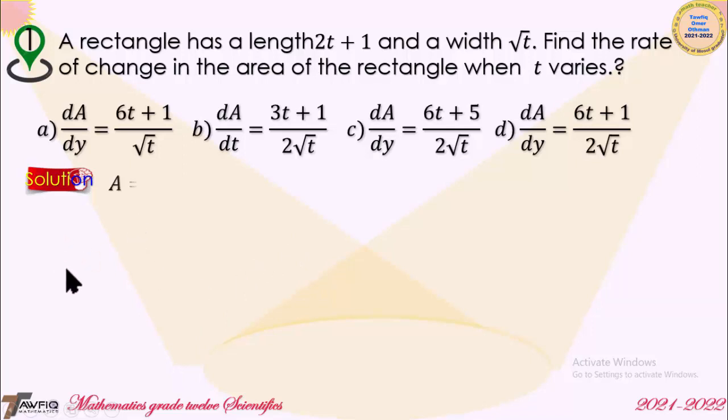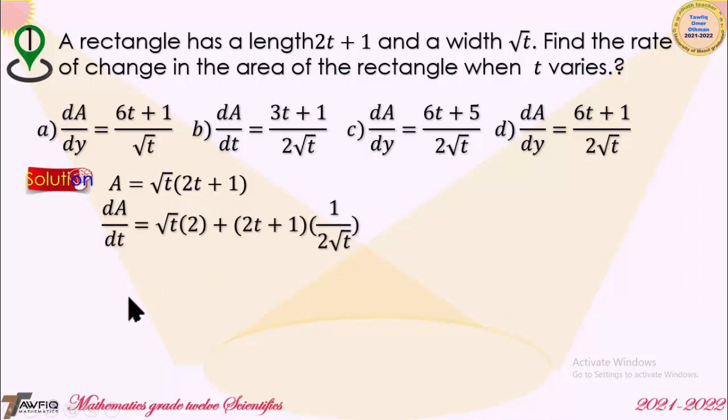Solution: the area of a rectangle is width times length. That means square root of t times 2t plus 1. And taking the derivative with respect to t, then dA over dt is equal to